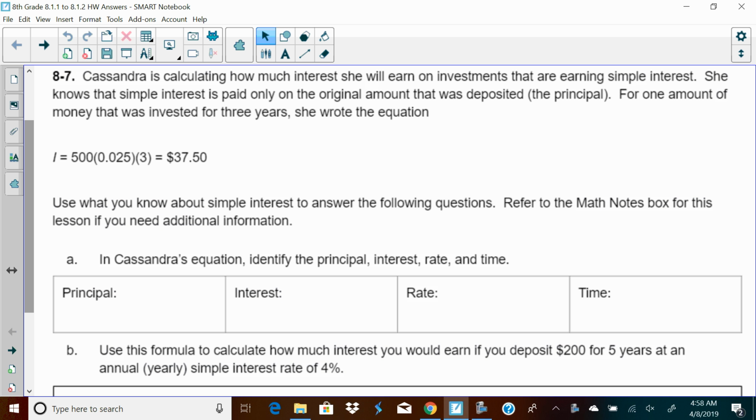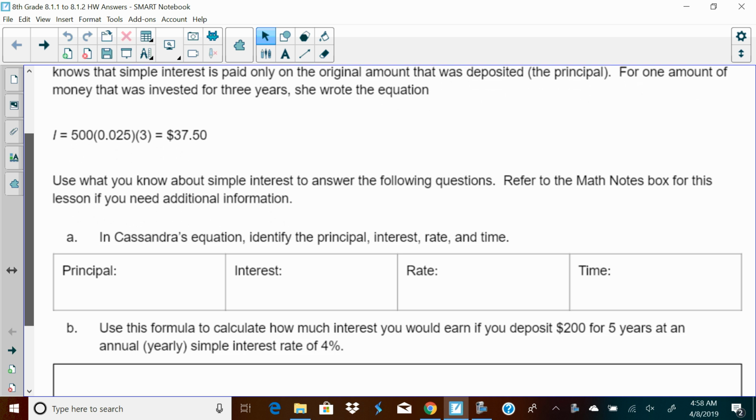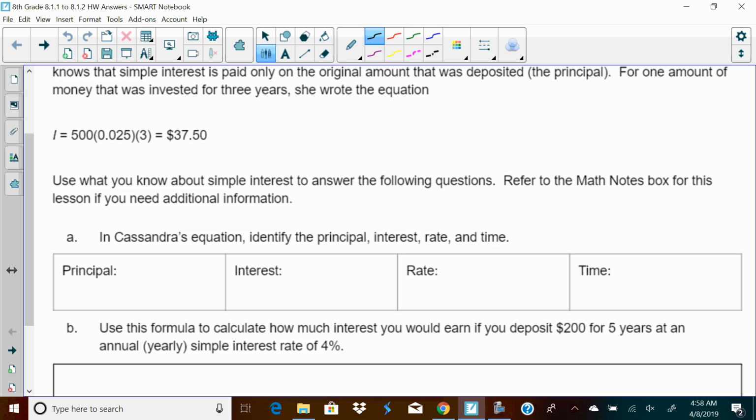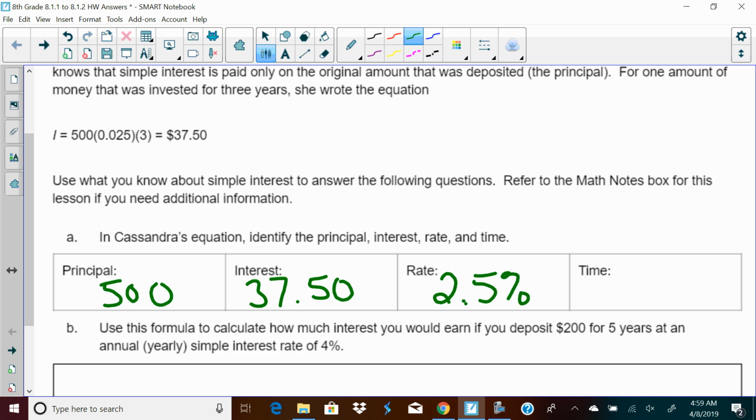Refer to the math notes box for this lesson if you need additional information. In Cassandra's equation, identify the principal, the interest, the rate, and the time. So the principal is the first number, it's the 500. It's the amount we started with. The interest is how much money was made on the account, that's the 3750. The rate is the percent, so it's 2.5%. And the time is 3, because the formula is I equals P